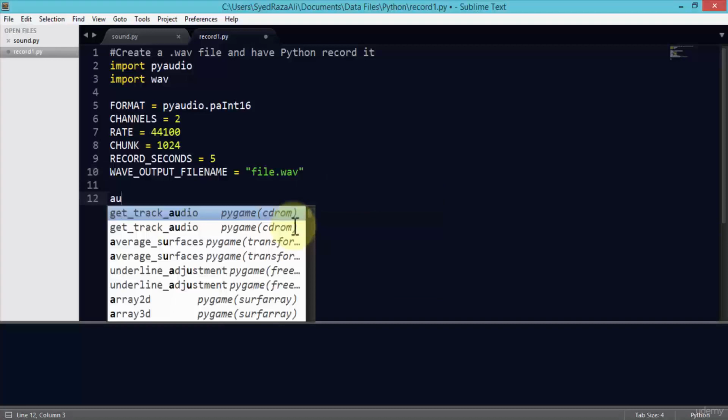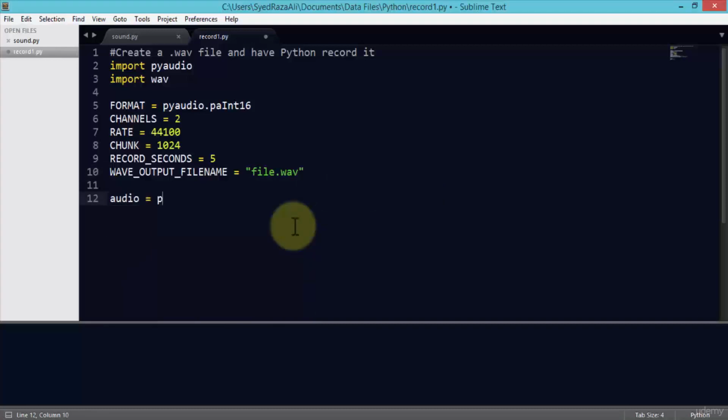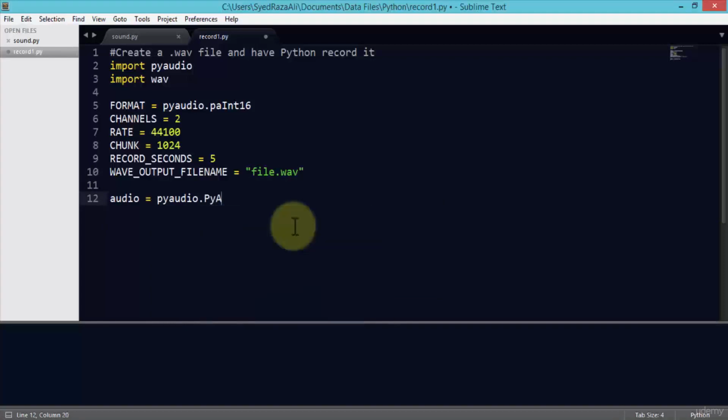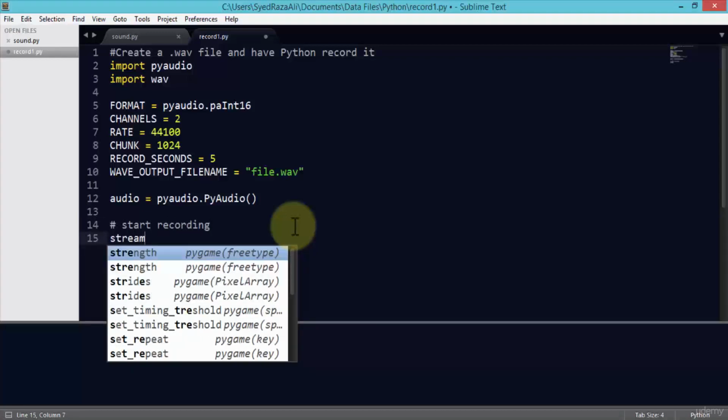Next I'm going to say audio equals PyAudio dot PyAudio parentheses. And once we've specified the structure, next we're going to tell Python to actually start the recording process, right? So we've defined the variables as to the elements or factors what we want Python to use. So here I'm just going to put a comment here, start recording, and let's go ahead and tell Python to